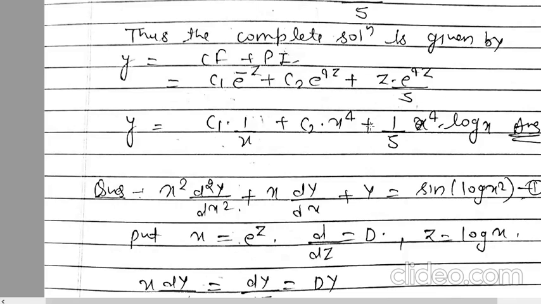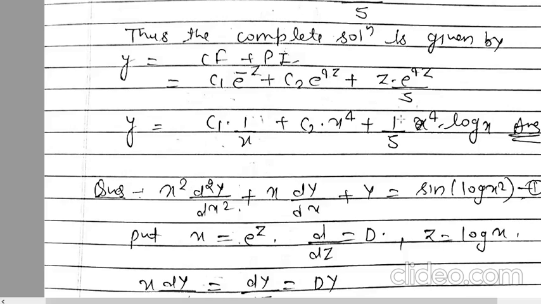Now our differential equation is given in the form of dy by dx, so your solution should also be in the form of y and x. So y is equal to, you can write e to the power minus z as 1 by x, because you have x is equal to e to the power z. So 1 upon x is equal to 1 upon e to the power z. So e to the power minus z, you will get 1 by x. E to the power 4z you can write x to the power 4. And z is log x. So you will write your answer in the form of y and x, not in the form of z. So in the last line, you just put all these values.